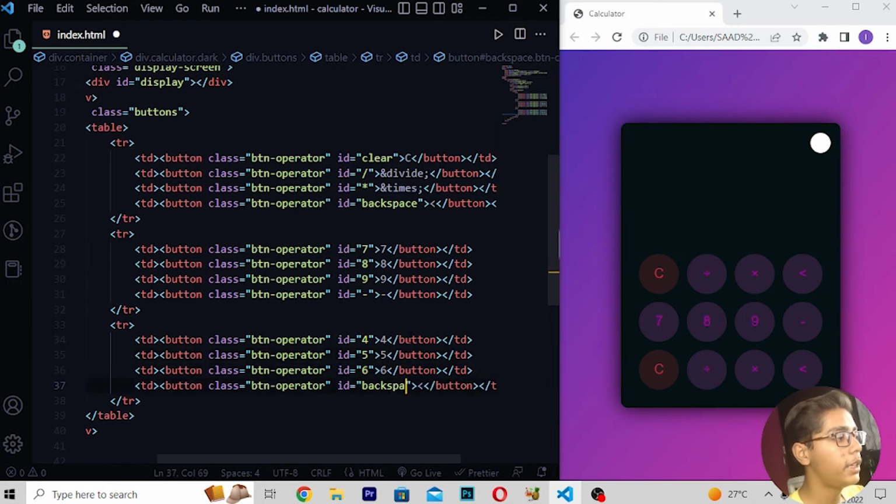Then when you've written this, here I will be writing like this. Now you have to move into id, here I will be writing this plus, then when you've written this, here you have to write plus again. Now you have to just save this, reload. You can see we are getting all this stuff here.